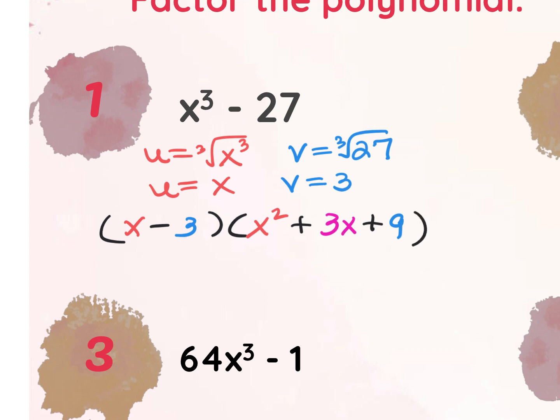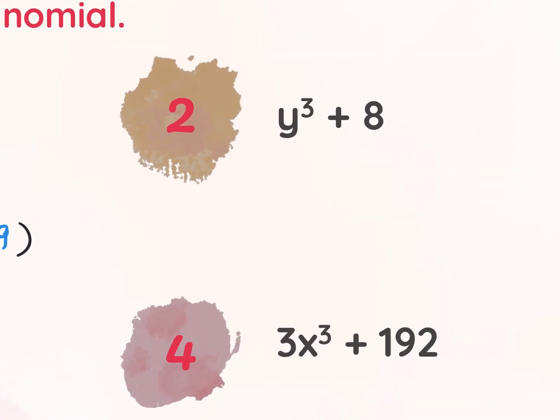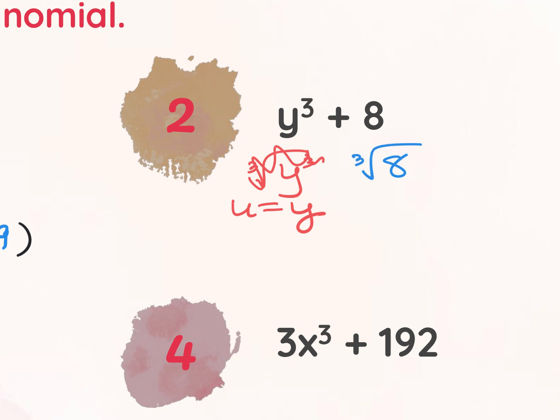Now, once you get the hang of this, you don't need to show me what the u and the v value are. Just know that you're cube rooting both terms, and that's what's going to give you your u and your v value. So again, I'm cube rooting the y to the third, which cancels it. So my u value is y, and then I'll do the same thing to the 8. I'm going to cube root it, and that gives me a v value of 2. So then now I'll put it into the pattern,